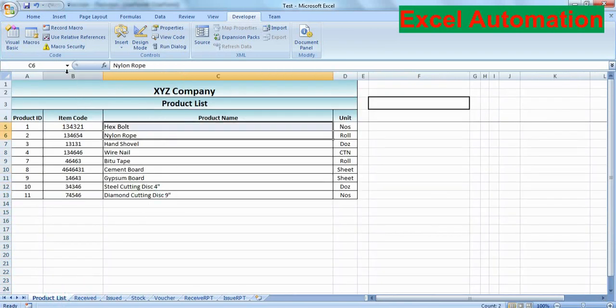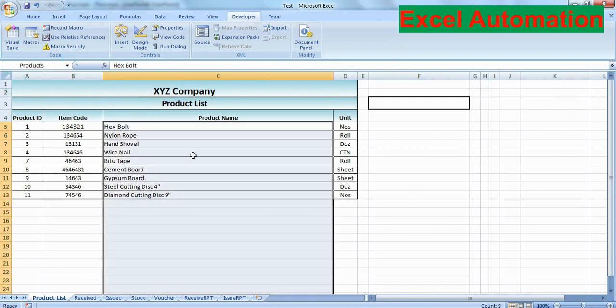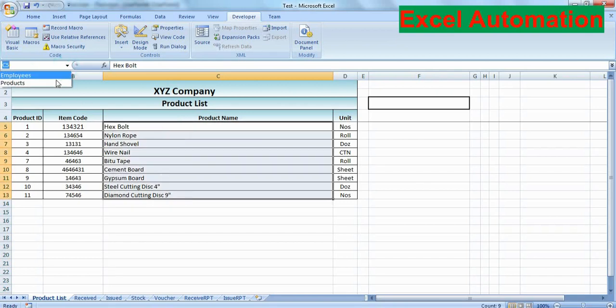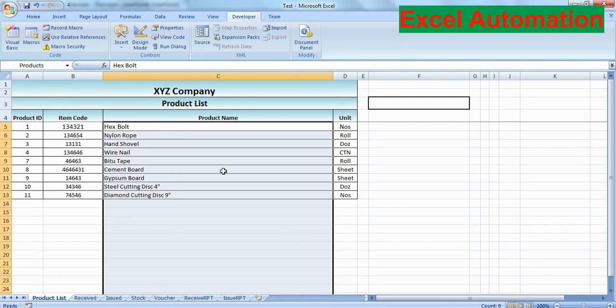I have set this range of products and given it the name products. So how to populate the data in the combo box?